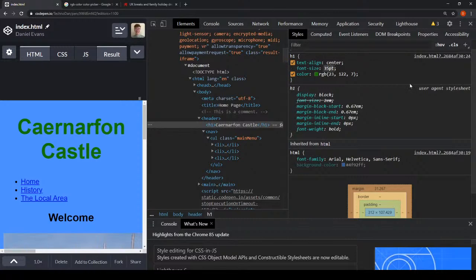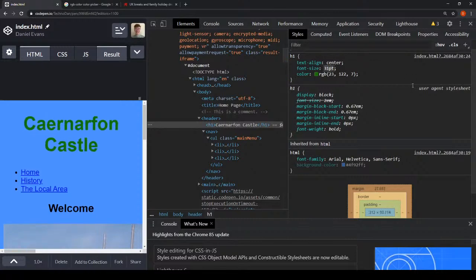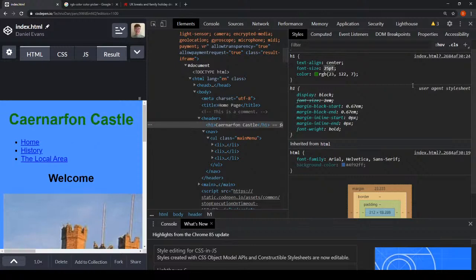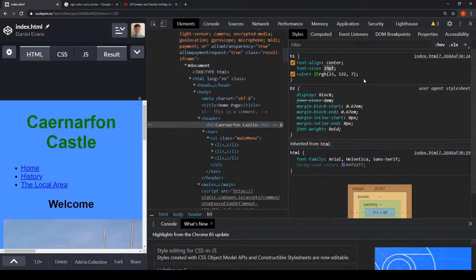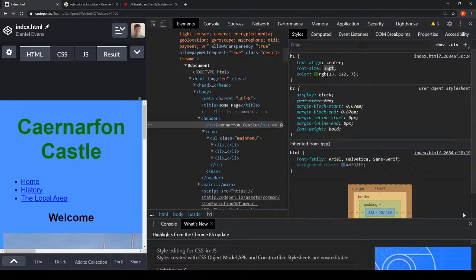Let's just say I want to have a look at how my website looks when the heading is only 25 points. You can see that I can adjust all of this stuff in real time without it making a permanent change to the website. So it gives you an opportunity to see how things would look. Now the other thing that it does